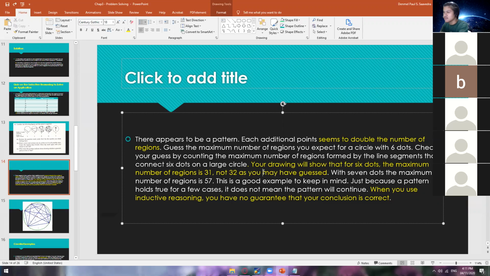So from your conjecture, from your inductive reasoning, it's very common that your answer is 32 if you don't do it on paper, not on actual. But okay lang yan. Kahit ako rin naman, ganoon yung first na kan ko. Pero nung trinay ko siya manually, hindi pala. So with 7 dots, the maximum number of regions is 57. So this is a good example to keep in mind. Just because a pattern holds true for a few cases, it does not mean the pattern will continue. So when you use inductive reasoning, you have no guarantee that your